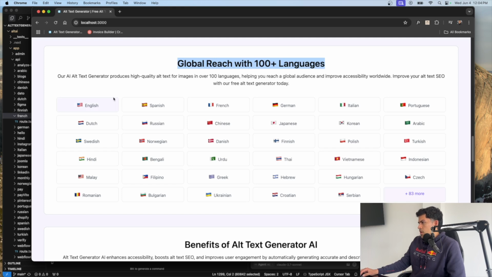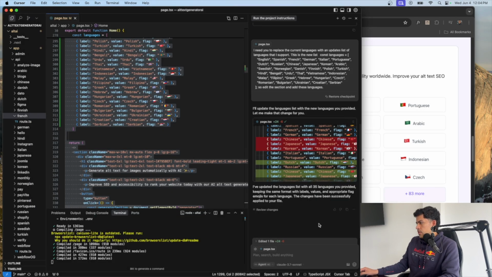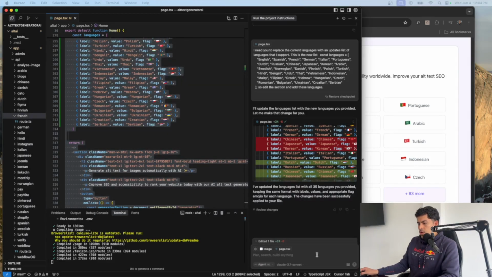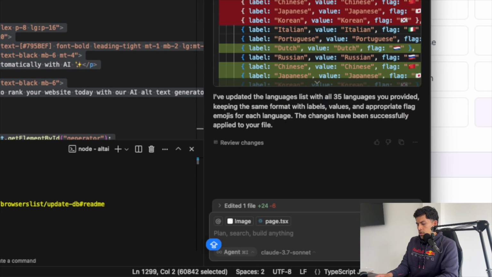So I'm just going to provide a screenshot now so that you can see that feature. Okay, so I have that screenshot, and then maybe I'll just move it like this. You can just drop it there and you'll see that the image was attached, and now we can say, great,